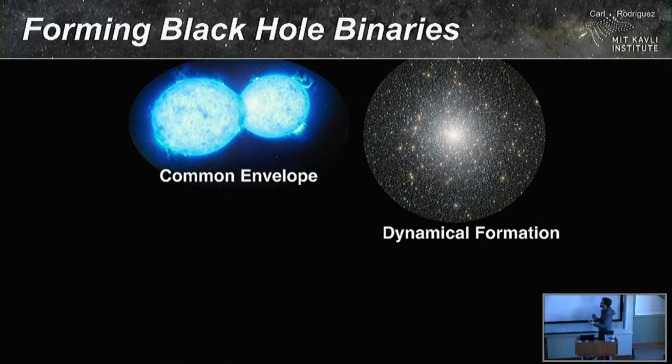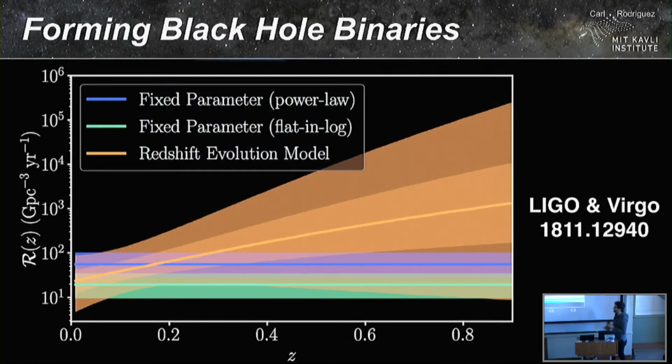Now, the name of the game at this point is not to come up with more theories to create binary black holes. We have, at this point, still more theories than we actually do observations, because theorists need to earn a paycheck. The question now is, can any of these theories actually produce the current merger rate as inferred by